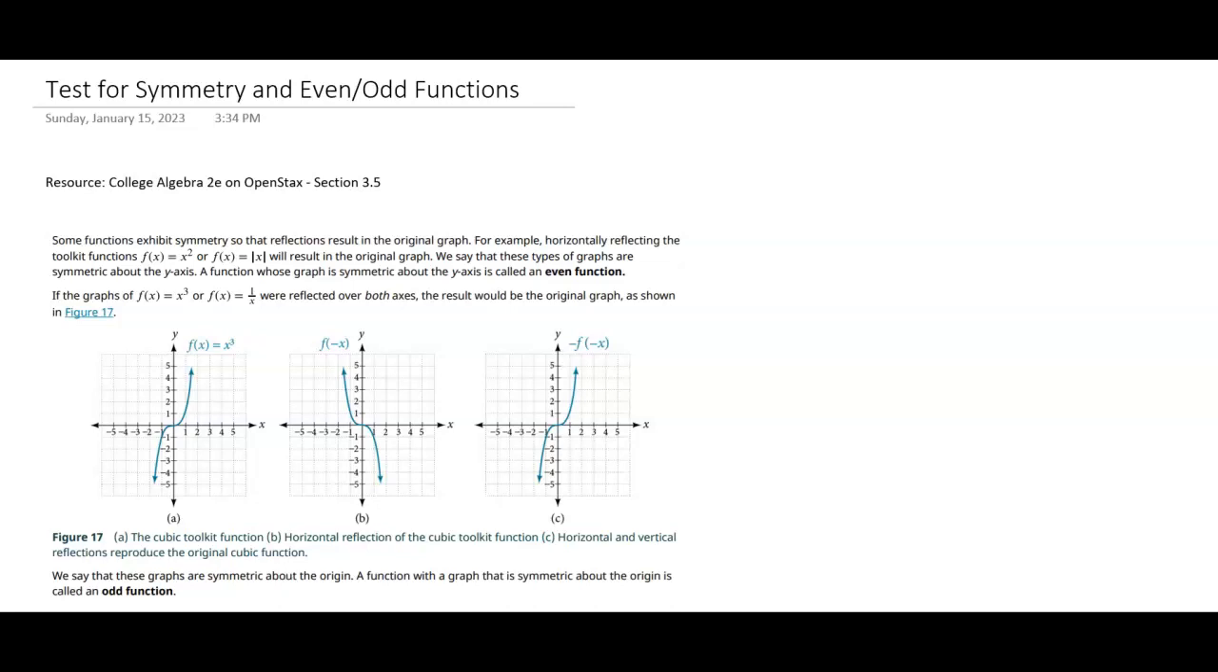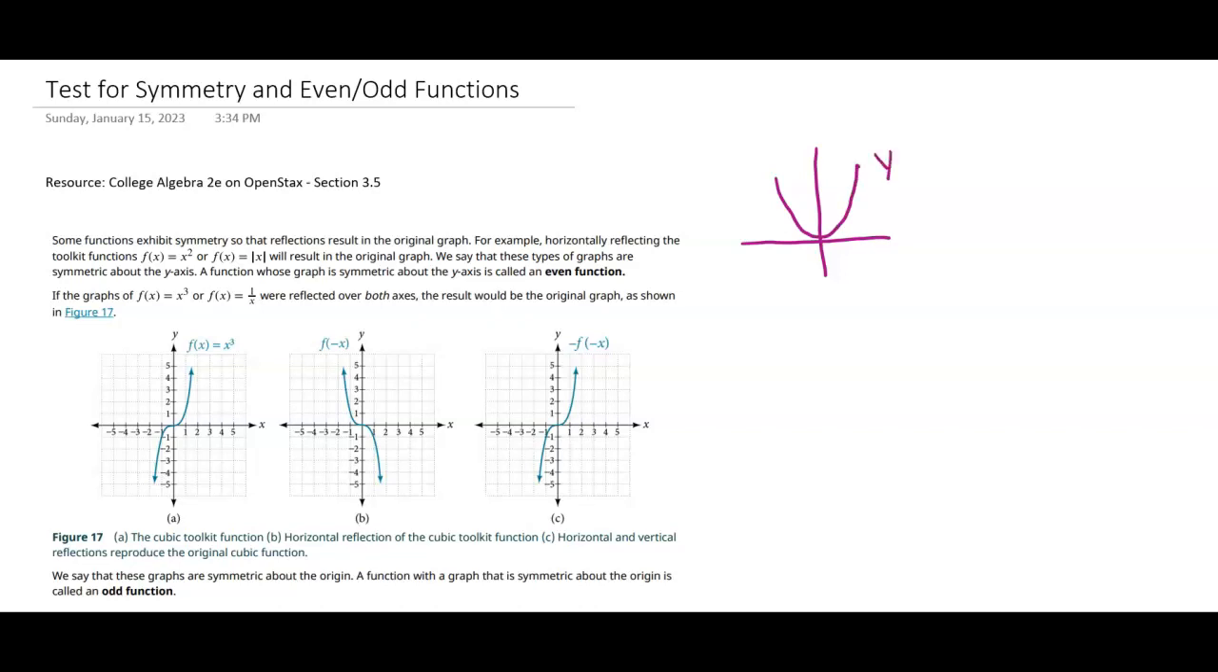All right, now we can talk about tests for symmetry and even and odd functions. There are some specific functions that will have symmetry either across the y-axis or across the origin. So for example, if you horizontally reflect graphs like